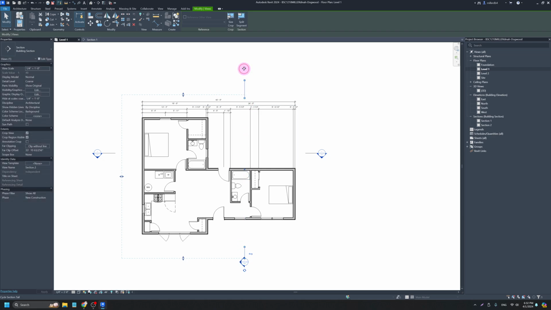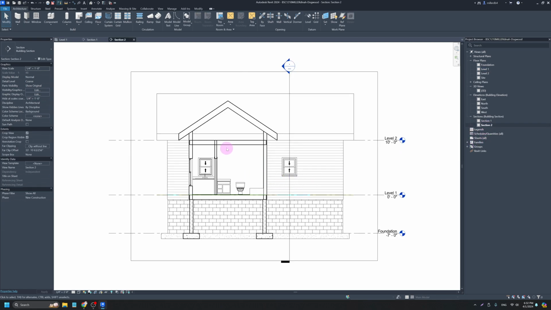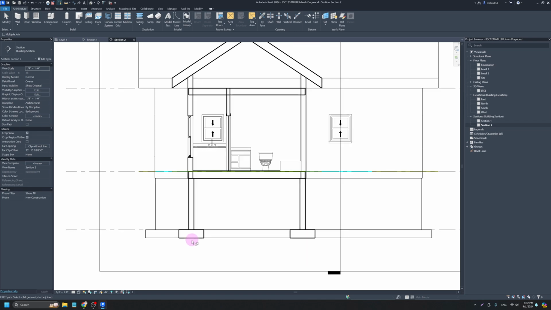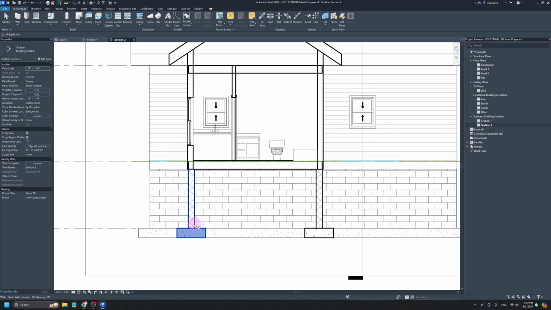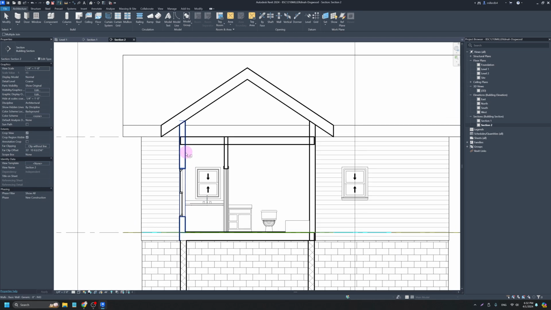I'm going to cycle through so I have a section head, and then this is looking towards this way. And let's look at our section number 2, which I can double click here, or I can double click on those arrowheads. And we have a similar kind of situation going on where we need to sort of clean some things up. So I'm going to JJ for join, the footing to the foundation wall to the floor, floor to my building wall, wall to ceiling, ceiling to roof, ceiling to this wall,